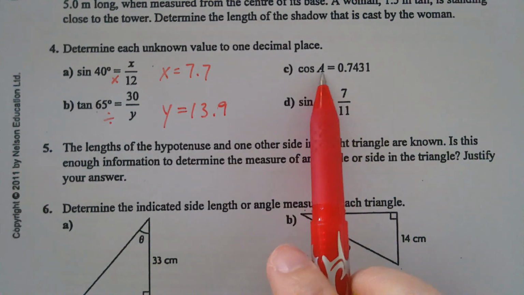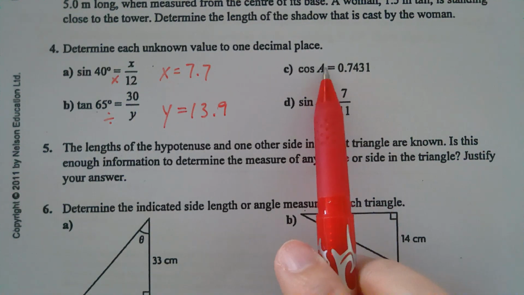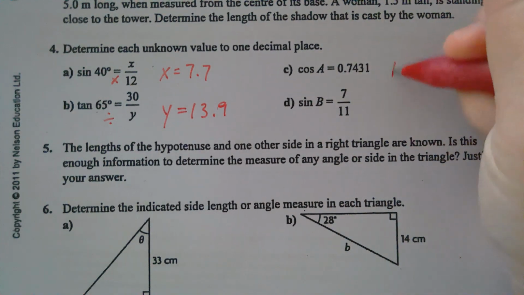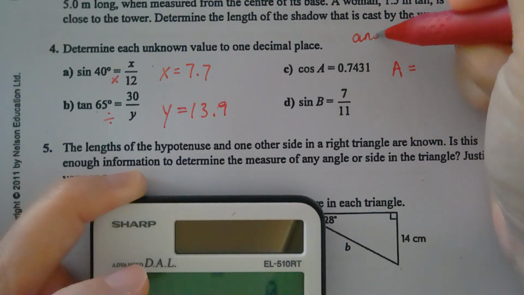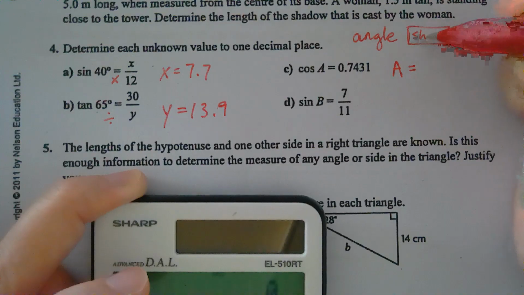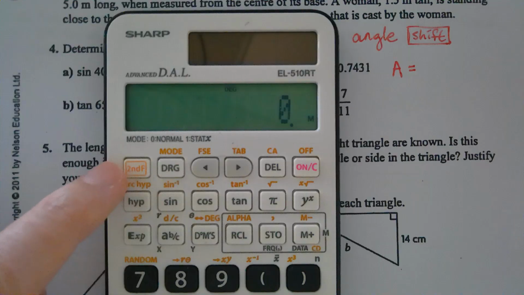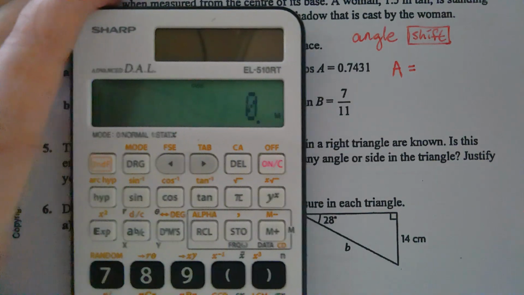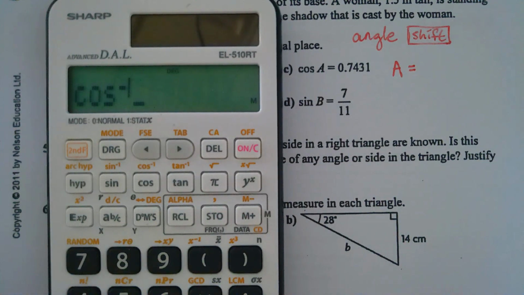Okay. This one, what am I solving for? Jonathan, what am I solving for? A. What is A? Is it an angle or is it a length? Angle. So whenever we are solving for an angle, what button do we have to press? Cosine 0.741. Whenever we want an angle, we're pressing the shift or second button right here. So shift cosine, and then